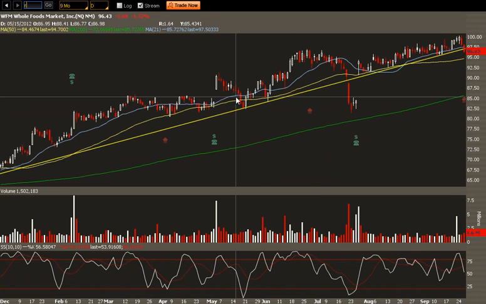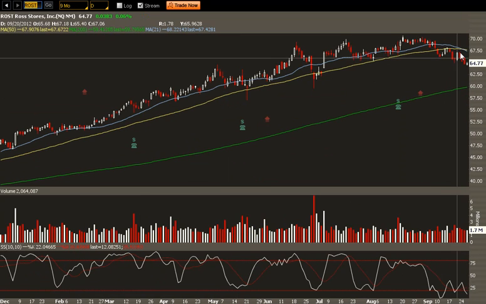Another stock to note here, ROST, Ross. That was a very bullish stock. We keep an eye on that. And Ross has now come down to 64. And look at that, the moving averages are crossing, and it's going down. So just want to let you know to avoid